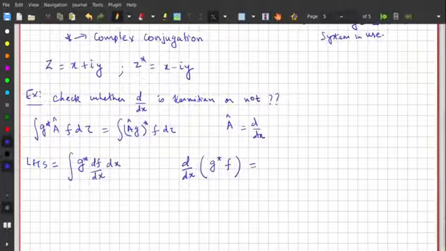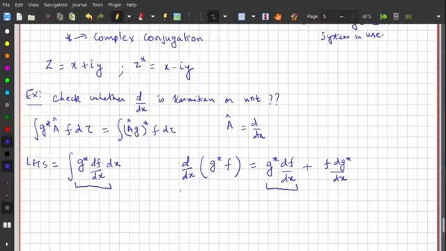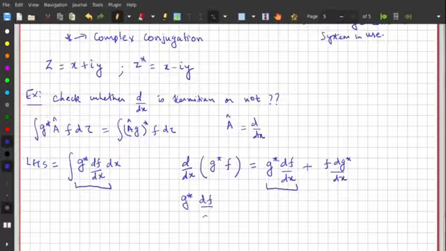We can use the product rule to write this down. This is g star df/dx plus f dg star/dx. So let's take g star df/dx out and write it in terms of this,